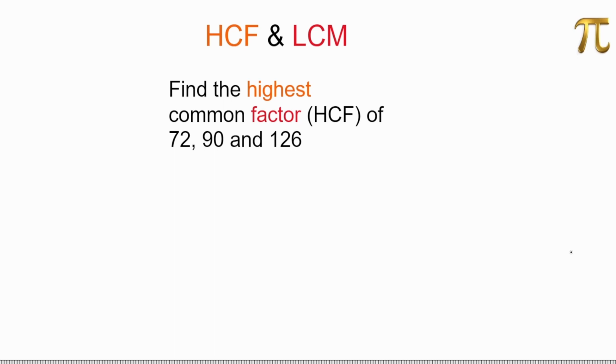So here we have another question. It says find the highest common factor of 72, 90 and 126. You're going to do the same steps again. You're going to reduce 72 down, and you're going to reduce 90 down, and you're going to reduce 126 down. So for 72, you're going to have 2 and 36, which can then be reduced down to 2